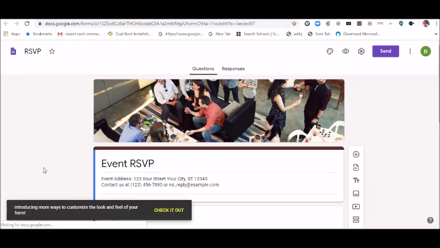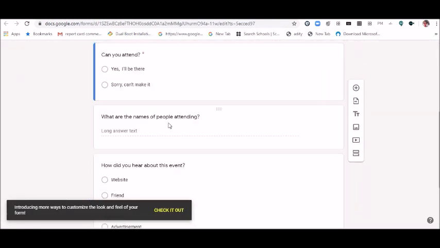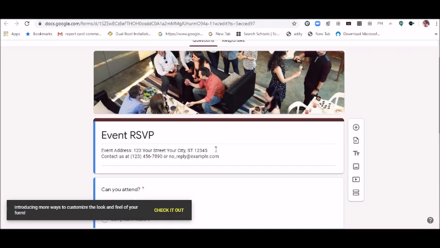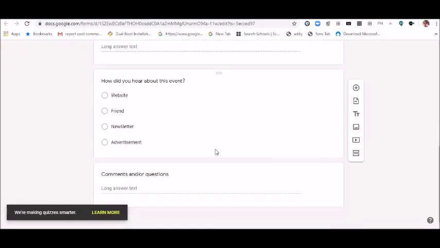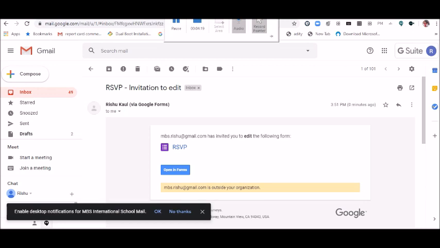So this feature is helpful also for teachers. For example, one teacher has created an assessment for a particular class, and there are three teachers who are teaching that particular class. So they can divide the forms among themselves, and they can divide the number of students that they will be checking.